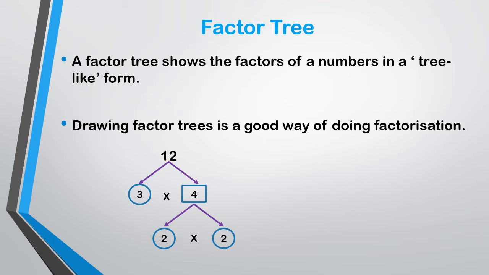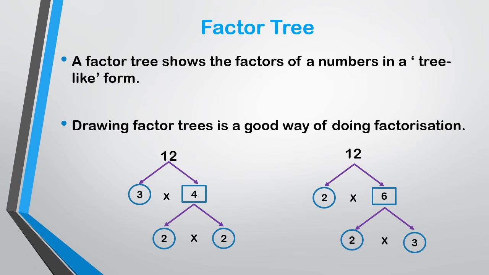But we can draw the factor tree in another method also for 12. 2 6s are 12. Okay. Then 2 for 2. We have to stop here. Then 6. Still we can find factors. 2 3s are 6. Yes. For 2 and 3, we don't have factors other than 1 and itself. So we have to stop at that step. Okay.